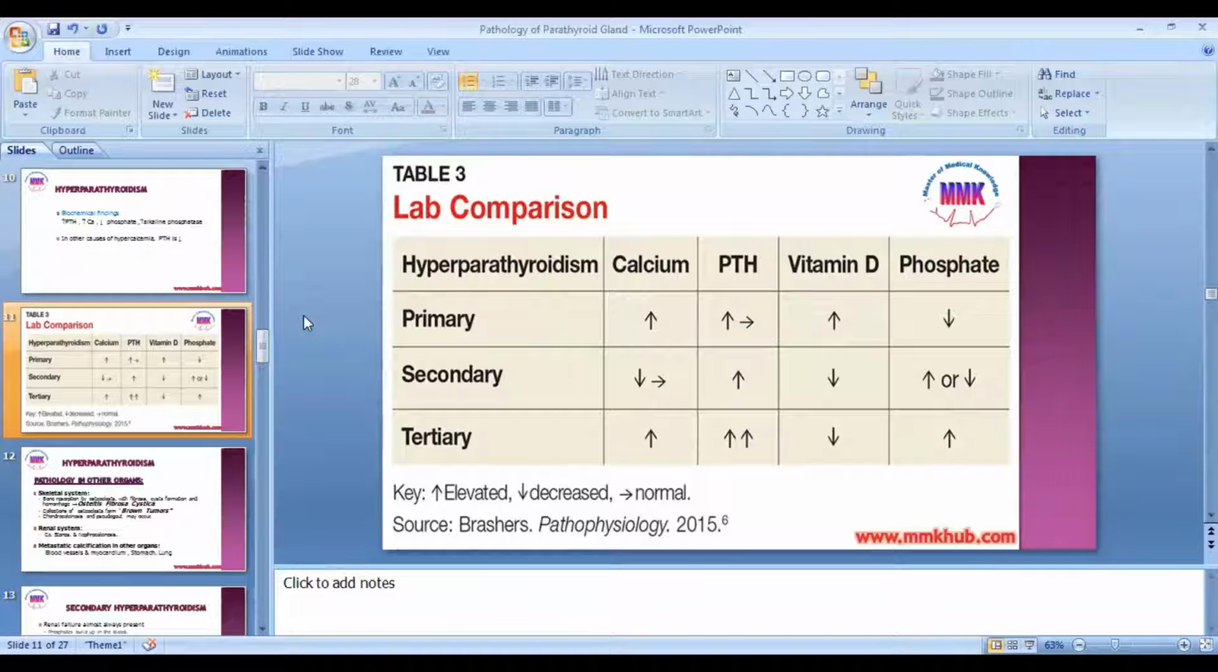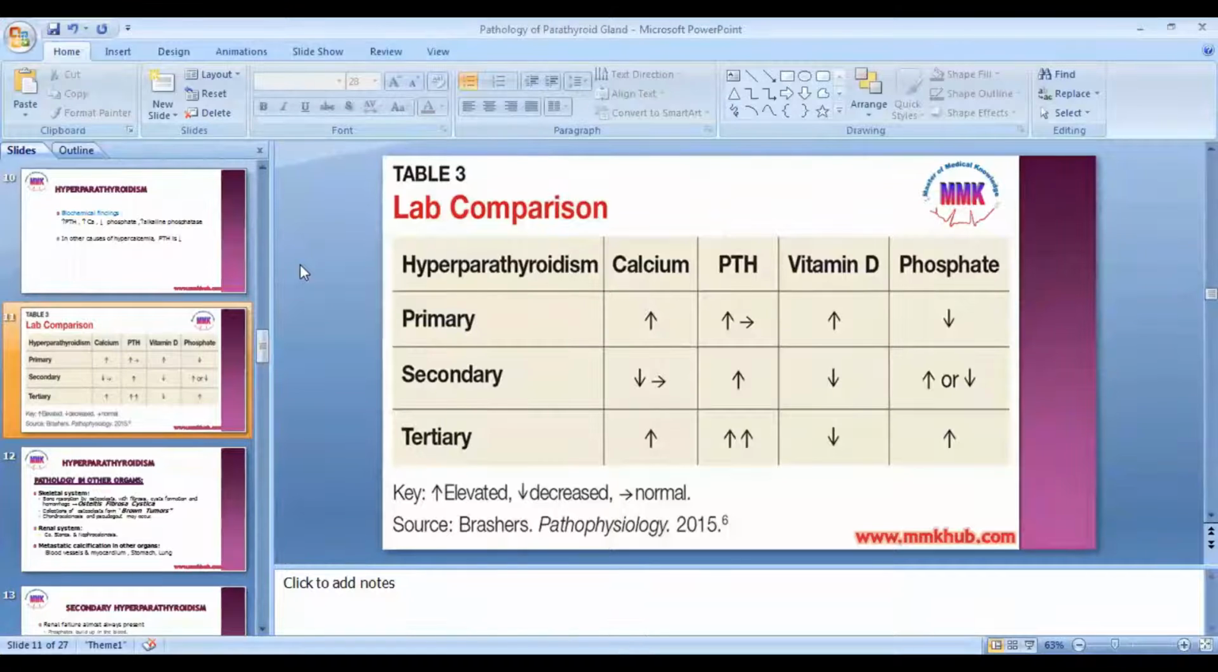You can see in primary hyperparathyroidism, there is increase in the serum calcium. The serum parathormone level may be increased or it may be normal, while the serum vitamin D level is increased and serum phosphate level is decreased. In secondary